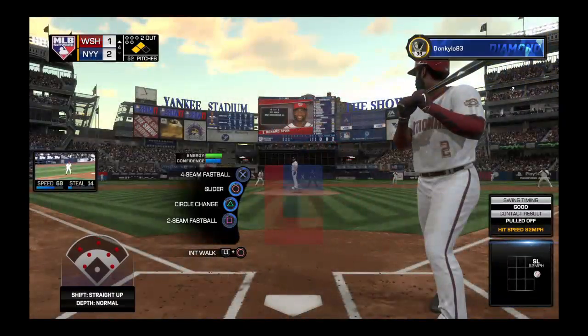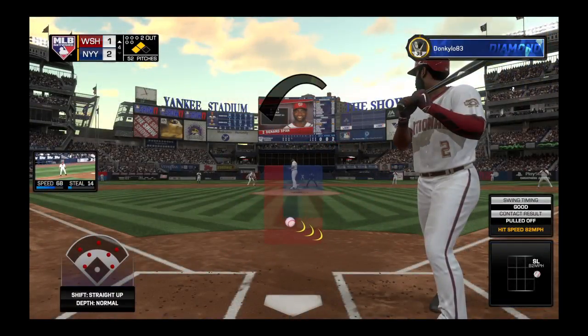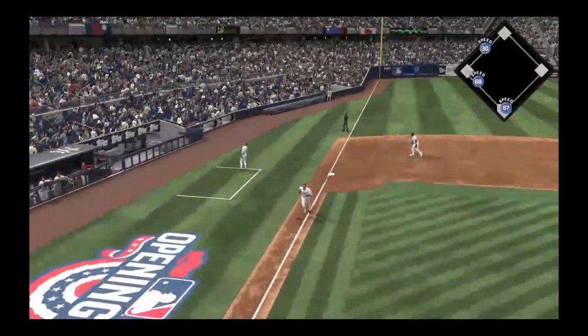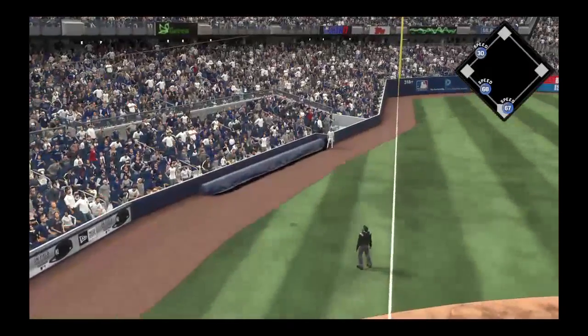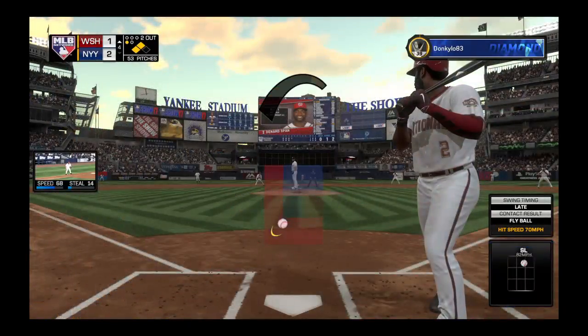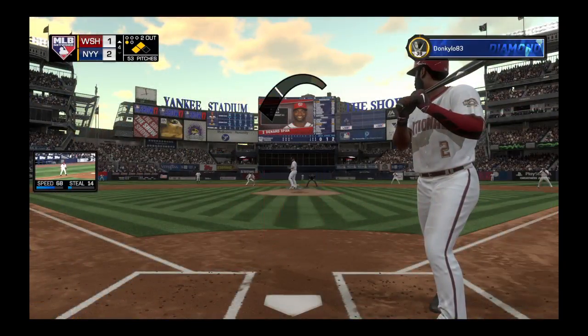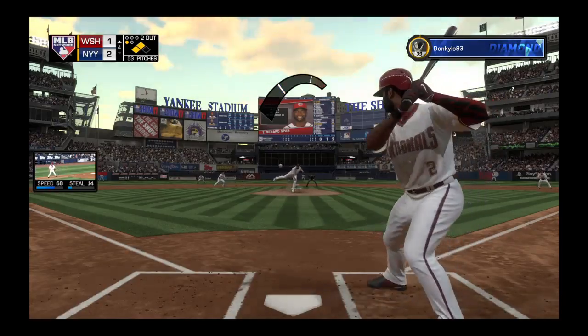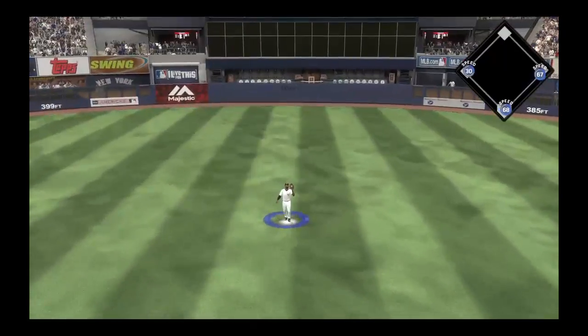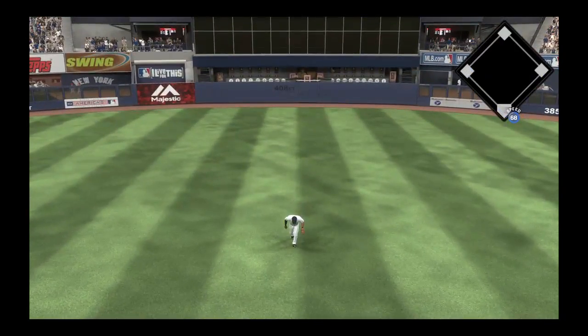Here's the center fielder, Denard Span. Third trip to the plate for him here tonight. 0 for 2 at this point. And this ball's going to find the seats down the left field line. Foul, strike 1. Oh, that looked like a pretty good pitch to hit. A little bit late, so he might have been just fooled a tad, just enough not to square it up. Lifted in the air out to center field. And he'll get there in plenty of time to put this one away, and that ends the...